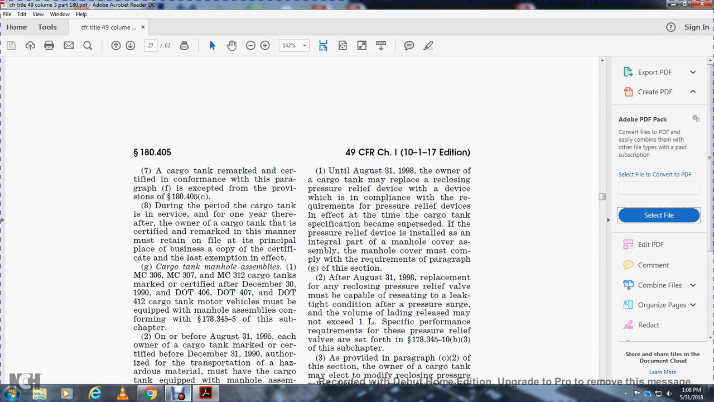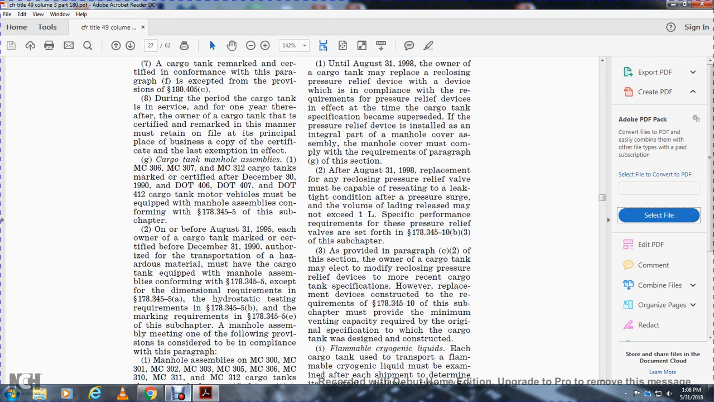Cargo tank manhole assemblies on MC 306, 307, 312 cargo tanks marked as certified on December 30th, 1990, and the 406, 407, and 412 cargo tank motor vehicles must be equipped with a manhole assembly in conformance with 178.345(f) of the subchapter on and before August 31st, 1995. Each owner of a cargo tank marked as certified before December 31st, 1990, authorized for the transportation of hazardous material, must have the cargo tank equipped with a manhole assembly conforming with 178.345(f),